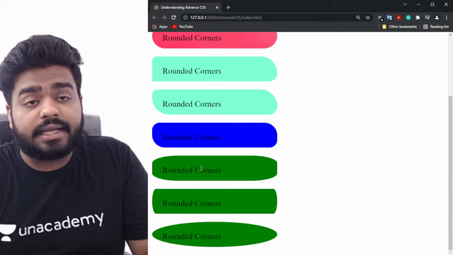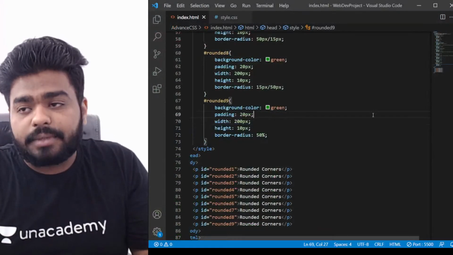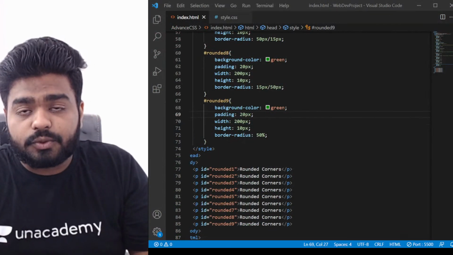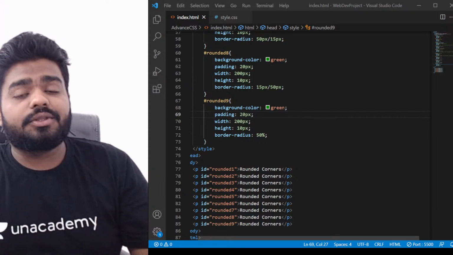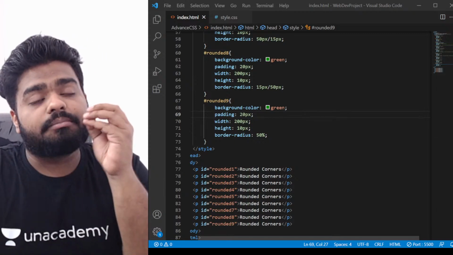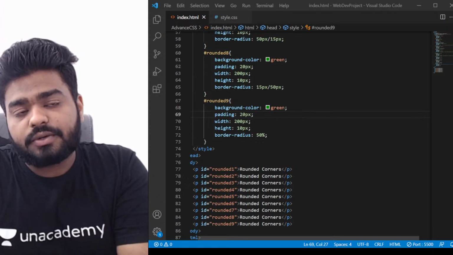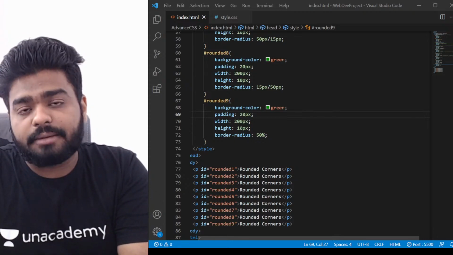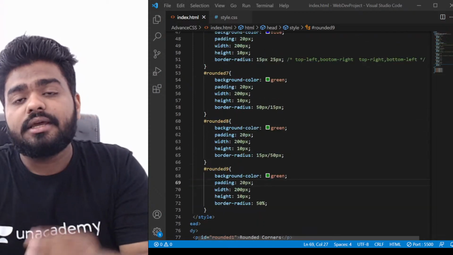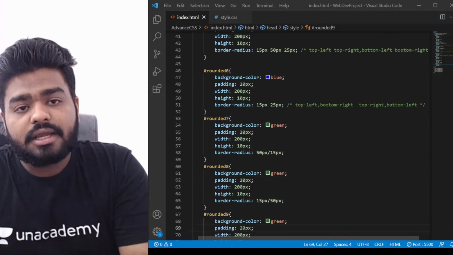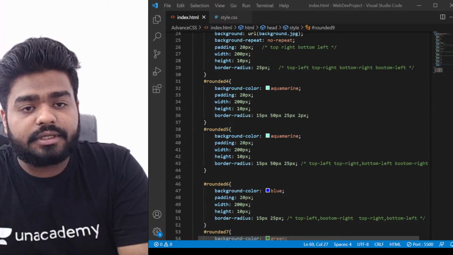Quickly we'll move to our next topic. So border radius is completed. Now we are going to go ahead and do some border images. This is a very important topic because many times when we create a web page, we want some borders. But for borders, we have only certain styles, right? If you look at this border, when we have given it here,